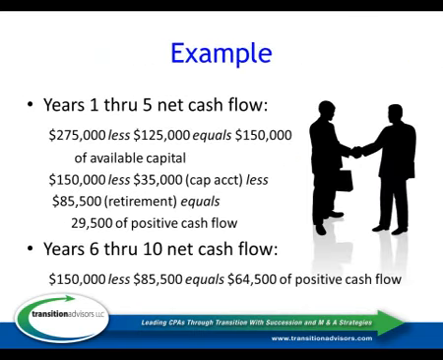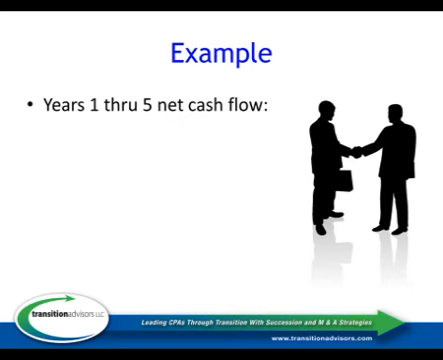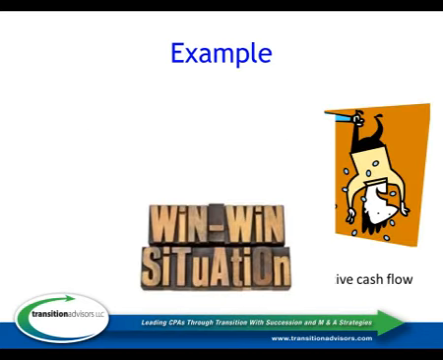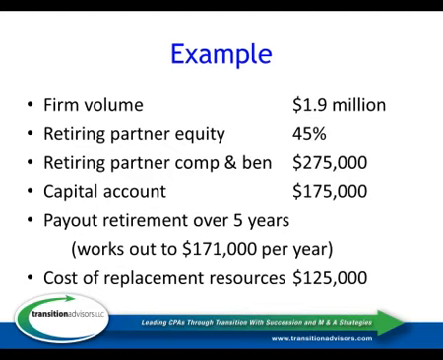In this example, this partner was, let's say, generating $300,000 of billable time. Somebody's going to have to do that work, and you're probably going to have to hire additional staff to do it. Typically, the cost of $300,000 of billable time is going to be somewhere around $120,000, or about 40%. I came up with this $125,000 cost of replacement resources. I think that's been captured in this analysis.